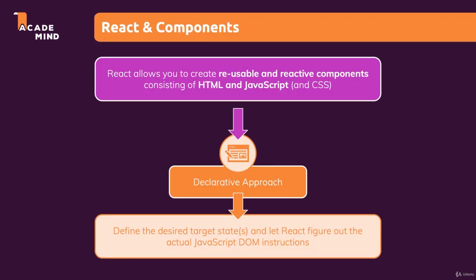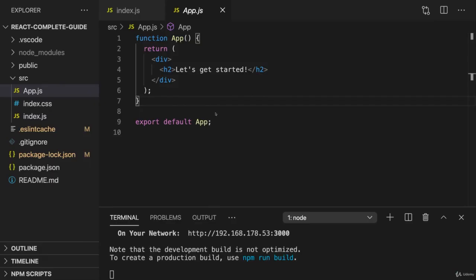And we do that with this declarative approach, as I mentioned, which means with React, we define the desired target state, and React is then responsible for generating and running the actual DOM instructions which update what's visible on the screen. And we can see this here. This here is our desired target state. We want to, in the end, render a div with the h2 tag with this text inside of it on